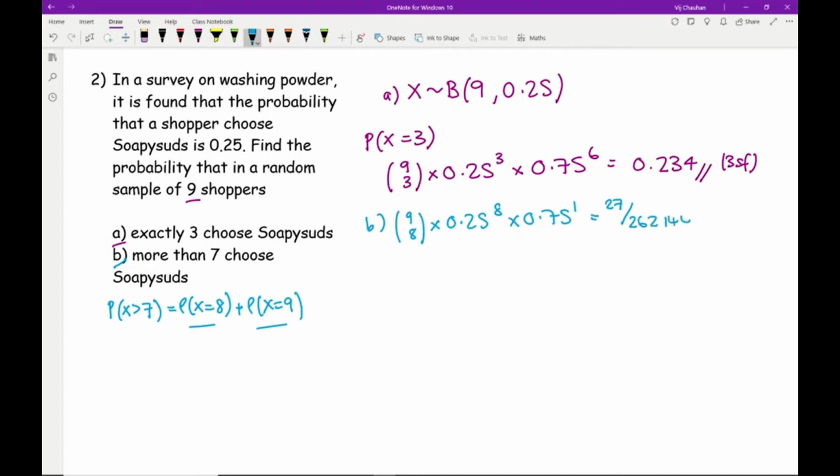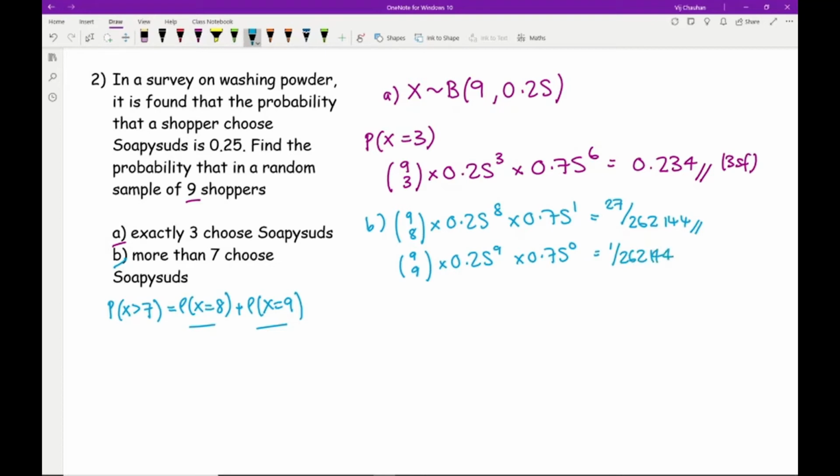So 1 over 262,144 for that one, and then I work out the probability of getting 9 successes, so all 9 choose soapy suds. It's going to be 0.25 to the power of 9 times 0.75 to the power of 0. When you have the power of 0, that's automatically going to equal 1, but I still would type it in your calculator just to make sure you're doing it right. And we get an answer of 1 over